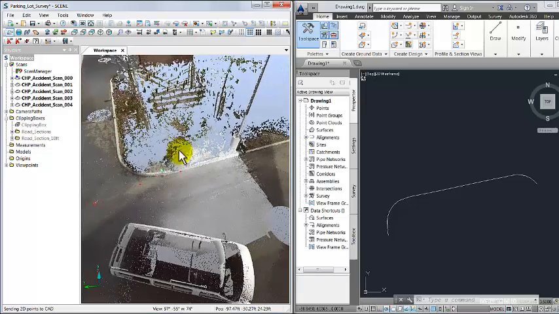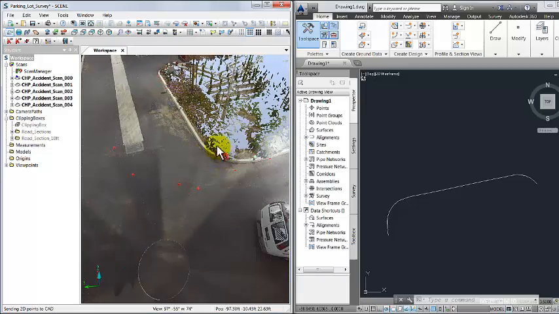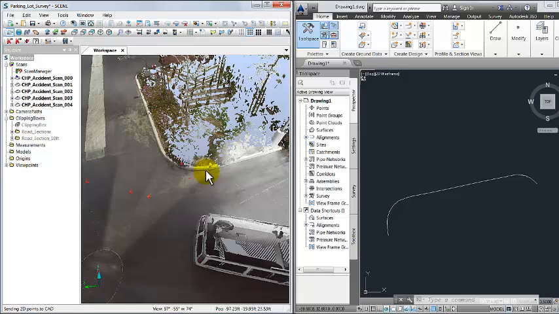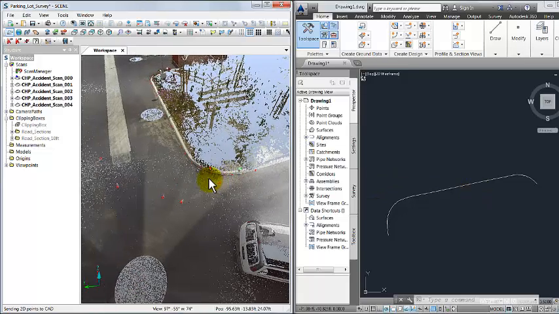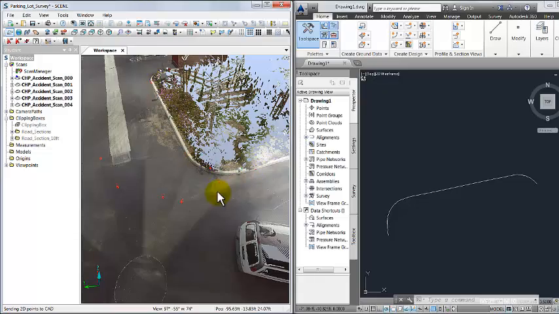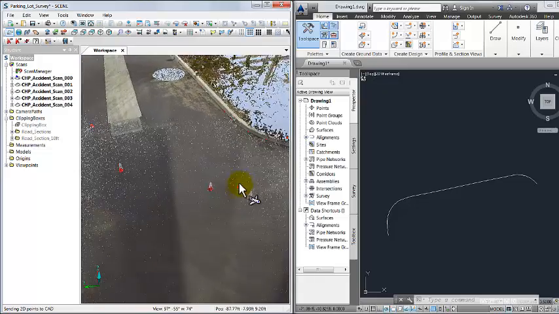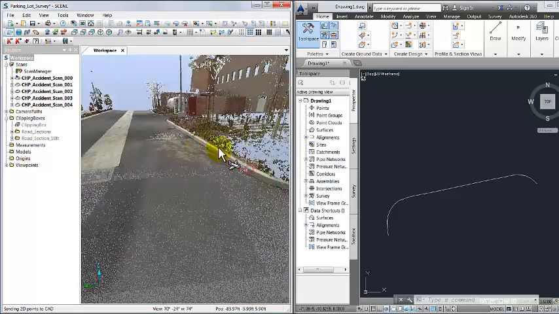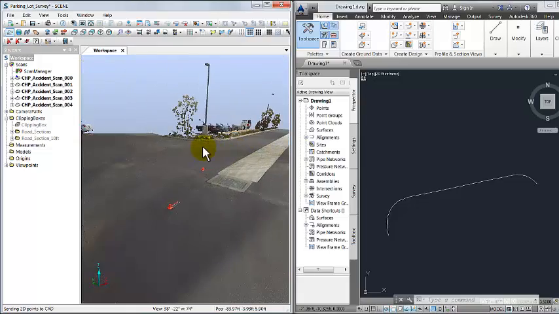The surface portion of it does involve some movement of the point cloud. Now, the advantage of doing this workflow we just described here is that it allows you to not have to bring over the entire point cloud into the AutoCAD environment, which, as most of us who have tried that know, can be a little bit cumbersome. So we can do some of our work in the Scene software where it's very easy to maneuver and navigate around,